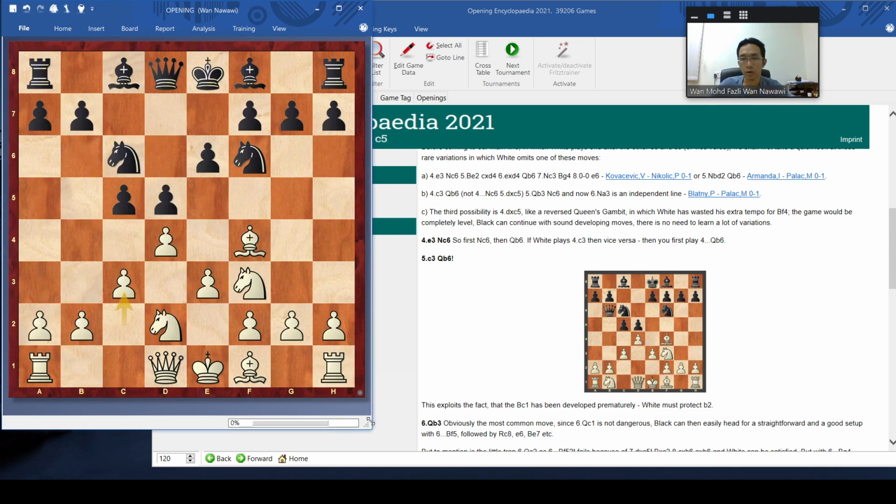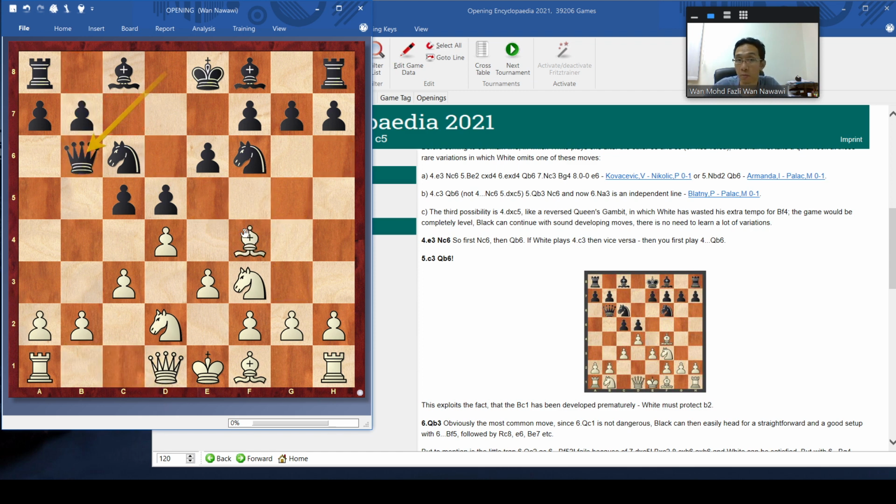Okay, so if you look here, the recommendation from this grandmaster is to play bishop at Queen to B6. This exploits the fact that the bishop already moved from the c1. Okay, when you are playing normal Queen's Gambit Declined, normally you don't put the queen here, because the bishop is still here, so no use if you put the queen there.